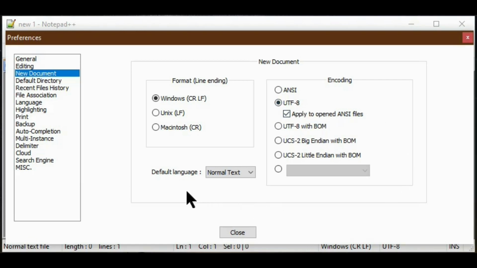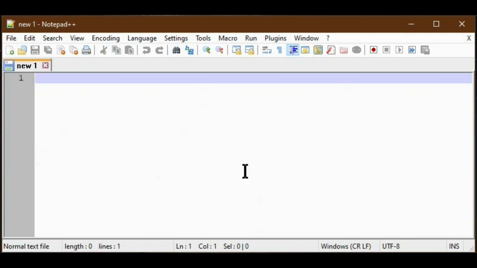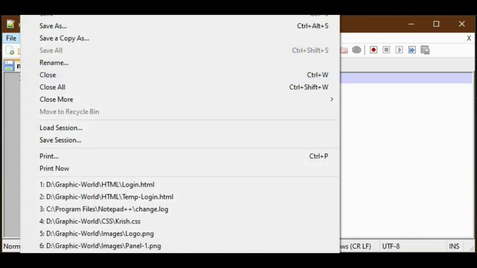In the same way for the language, it has all languages, and by default it is kept as normal text. Suppose I want to change to HTML language, then I will select the HTML language and close. Now all my new document settings are changed. So now I am opening one new document.